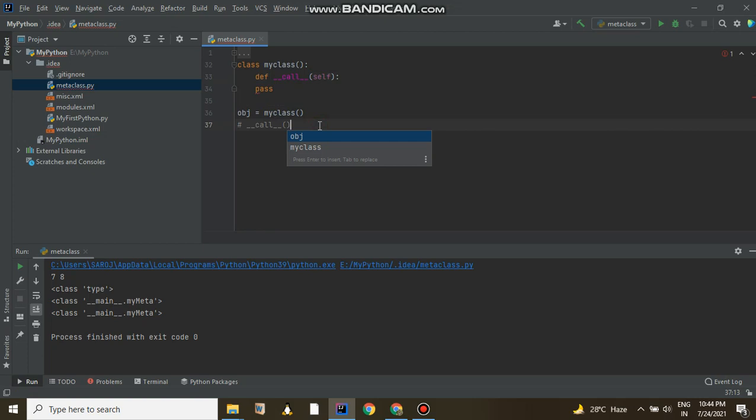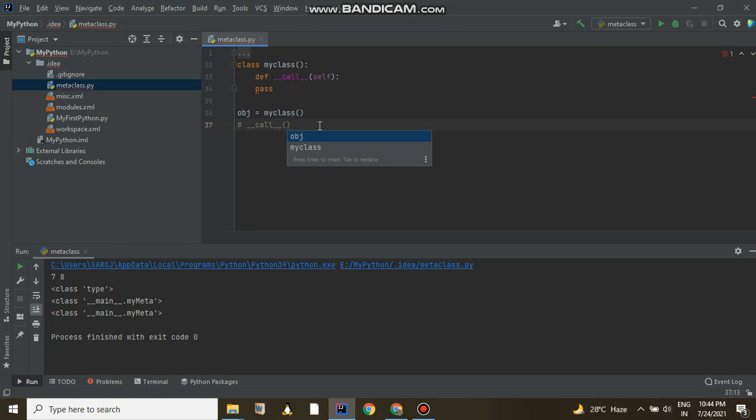Whenever I am creating an object of MyClass, by default it calls the call method of its parent class, that means the type, right? But suppose you define a call method inside your MyClass, then it will just override the parent class call method, and whenever you are creating an object, it will just call its own call method. So this is a hack. By this way you can create your own meta class, by creating your own call method.